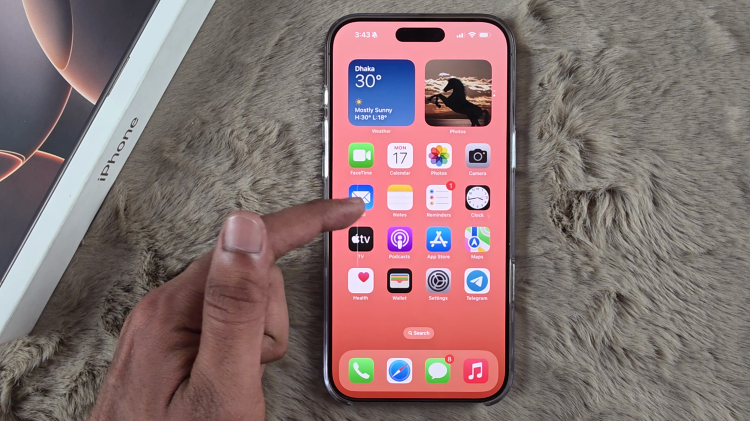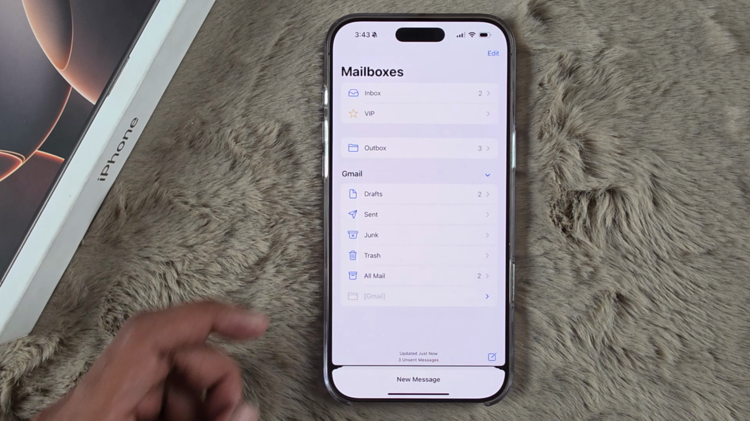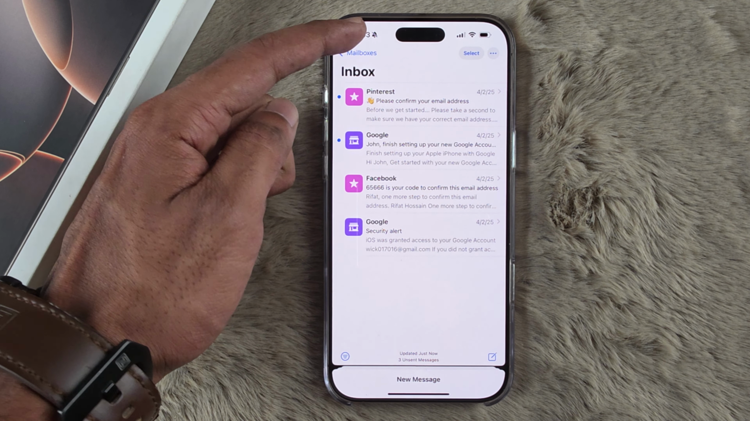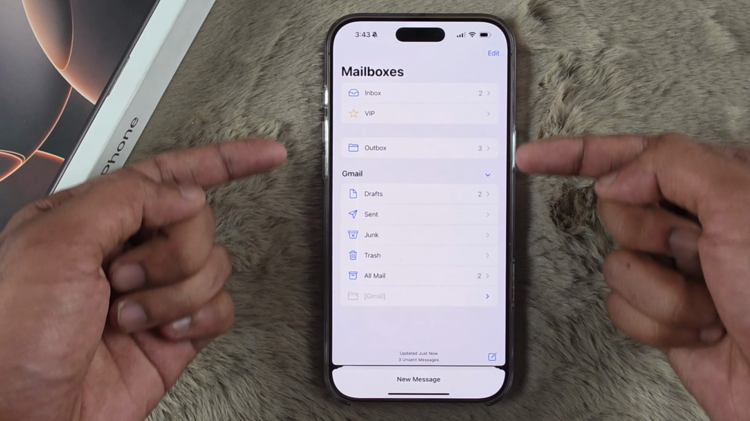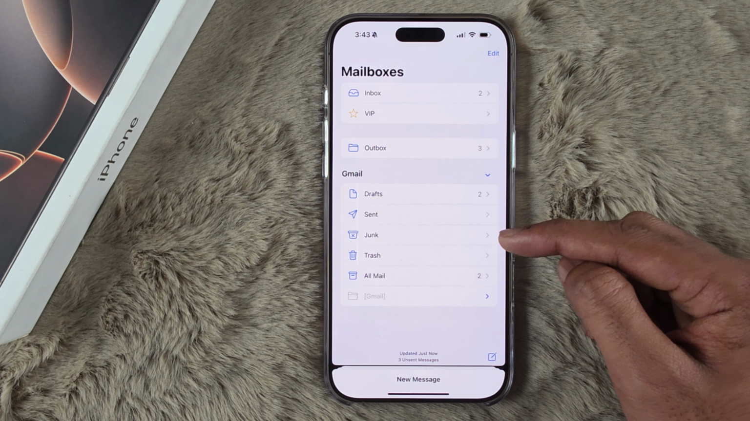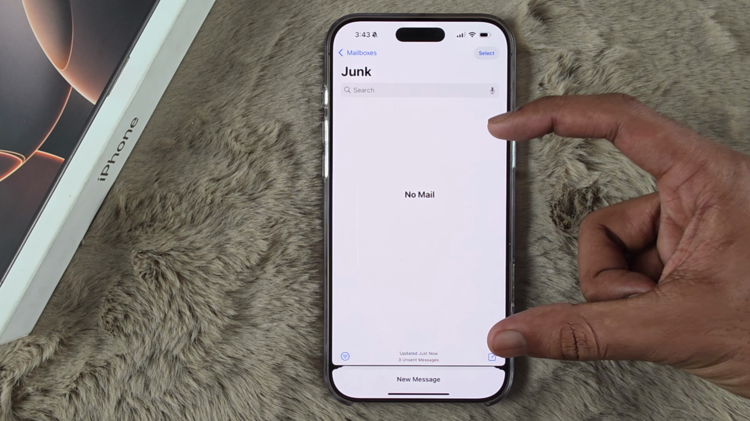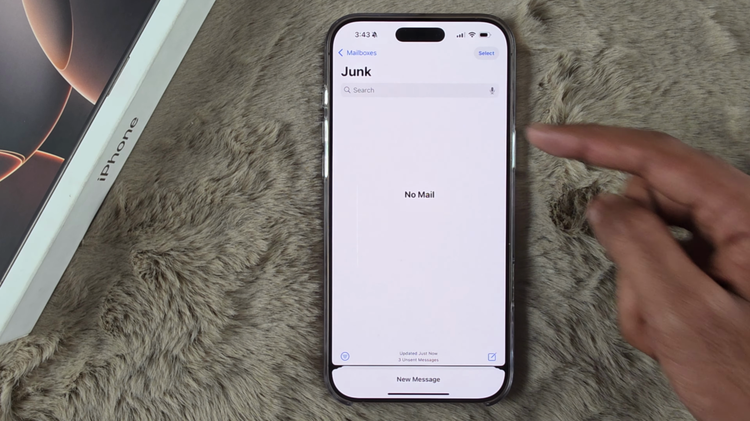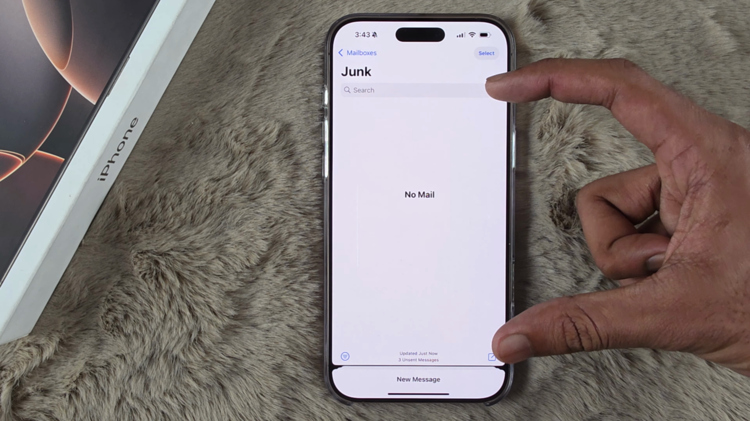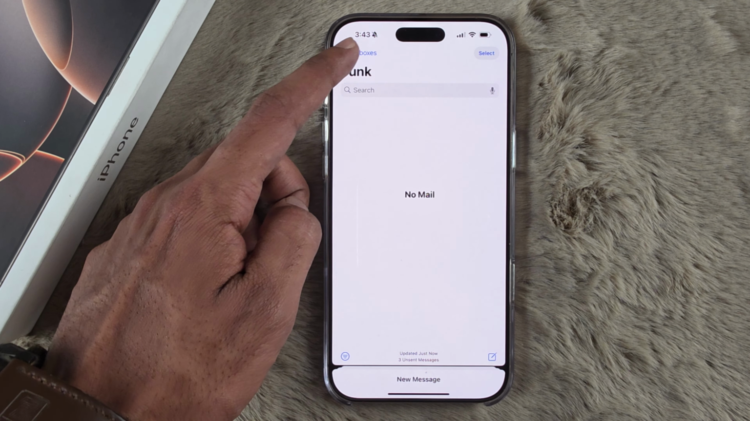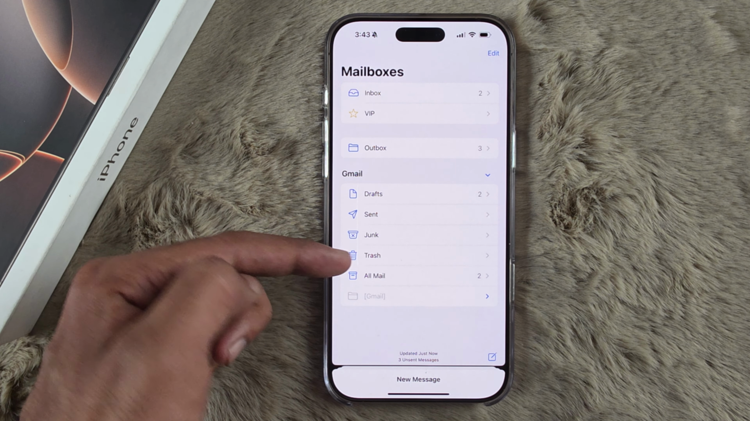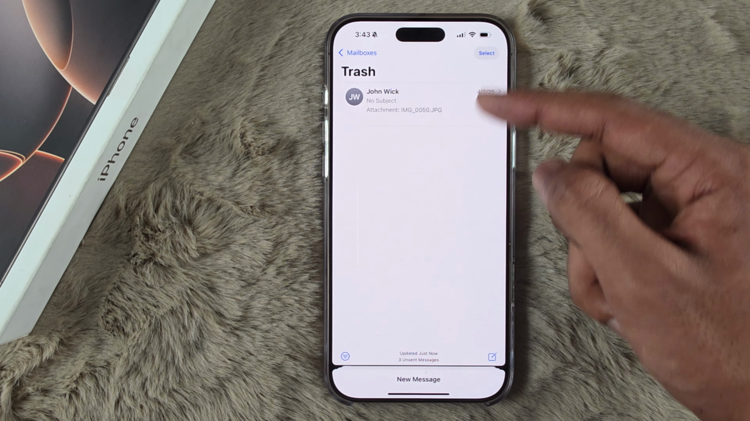Now in Mail, if you open it, you may find this type of interface. Then you just need to tap on this mailbox, and from here you'll find some categories, and from here you have to click on Junk, where you will find all the spam mail or spam messages that are sent to your account, and you will find all the spams listed in this section. You can also find some spam mails in your trash section. Here it is. You just need to simply click on Trash, and where you will find all the